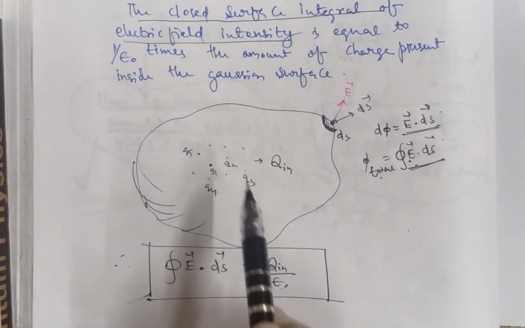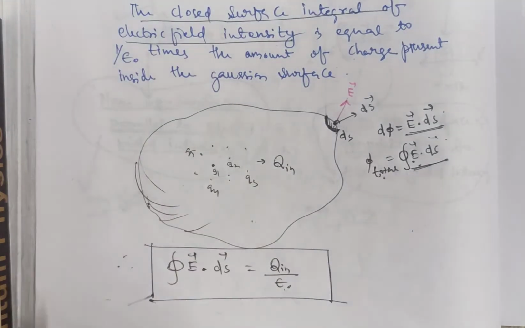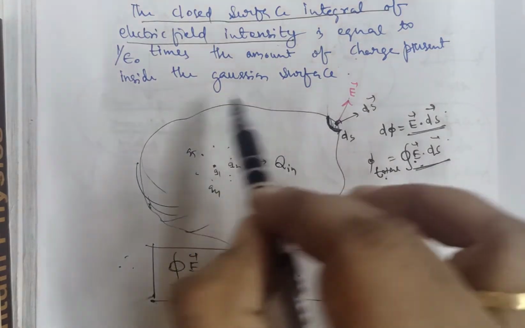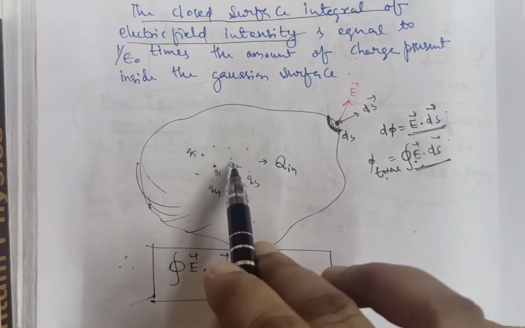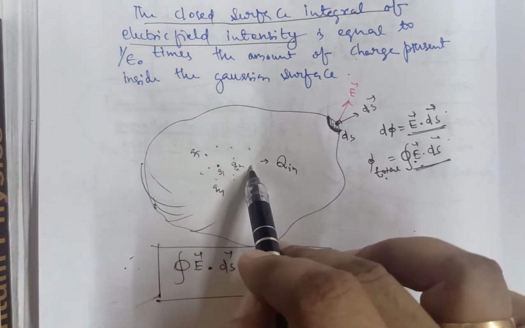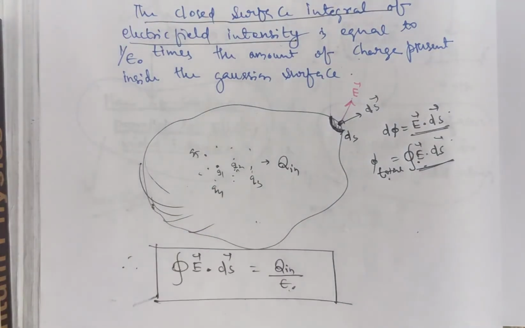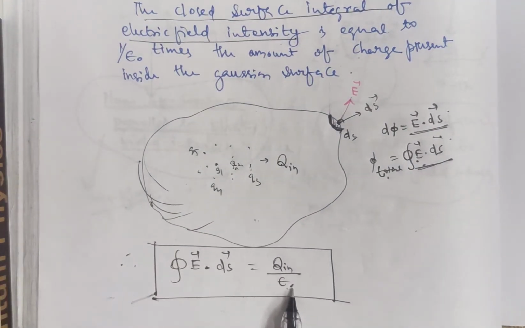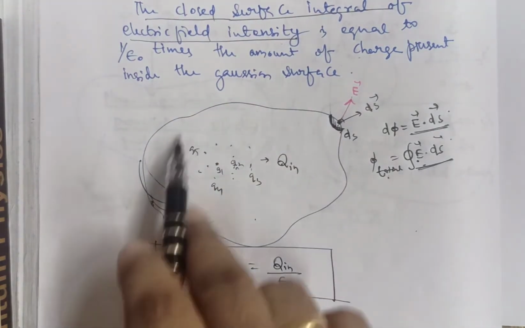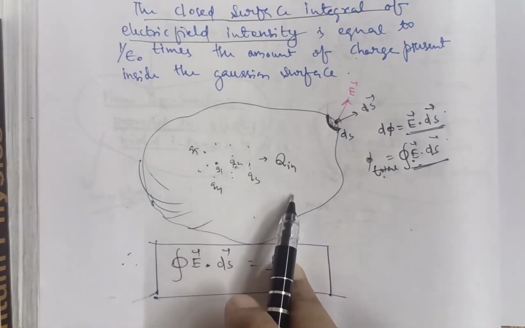Now you see this figure, this is the distribution of charge, this is an imaginary surface. So the statement should be like this. Again I am repeating, the total amount of electric flux enclosing the charge or distribution of charges, single charge or discrete distribution of charge or continuous distribution of charge, is equal to 1 by epsilon 0 times the total amount of charge present in that imaginary closed surface, or you may call that present inside the Gaussian surface.